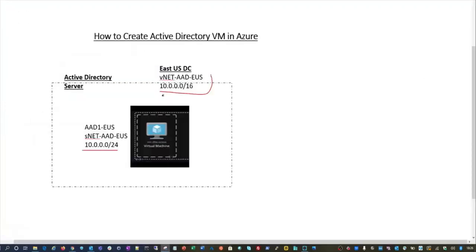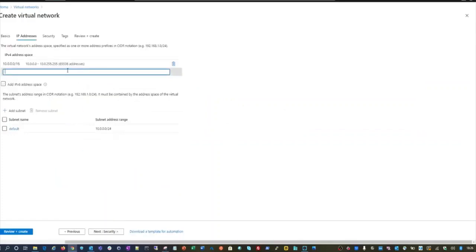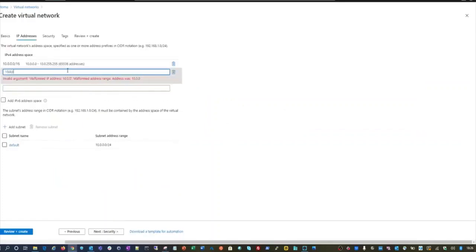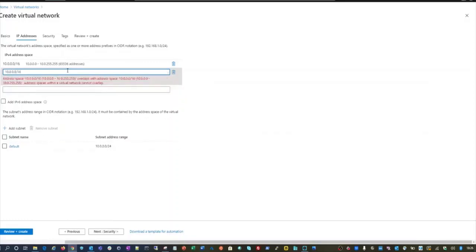We will be giving a 16-bit range here, and it will be 10.0.0.0/16.